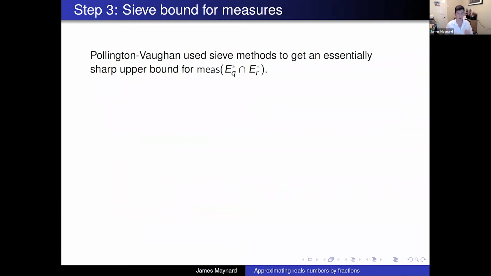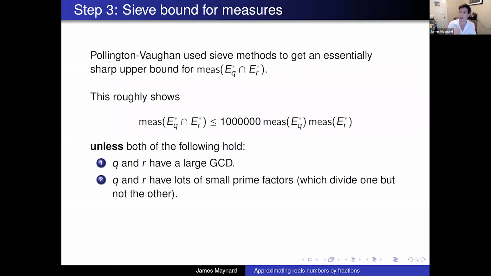So therefore, to make any progress on this problem, a natural thing is to study the measure of these intersections and to see to what extent the measure of this intersection of these two sets of rational approximations looks like the product of measures. And so Pollington and Vaughan use sieve methods to get an essentially sharp upper bound to this measure. And I don't want to say exactly what they proved, but roughly they showed exactly what we want, that the measure of the intersection is at most 1,000,000 times the product of the two measures,